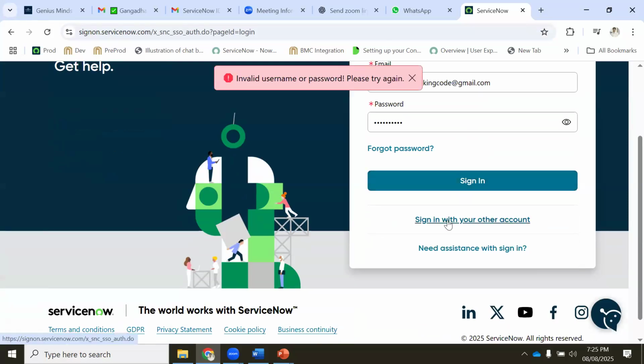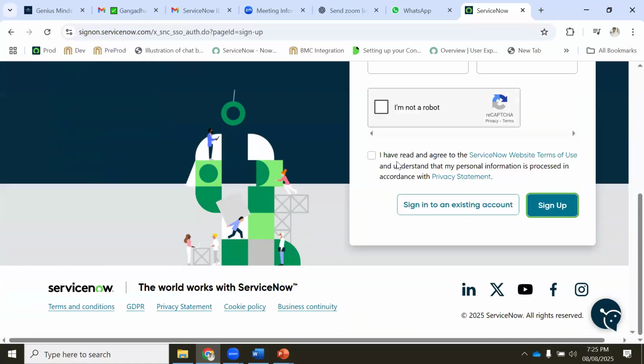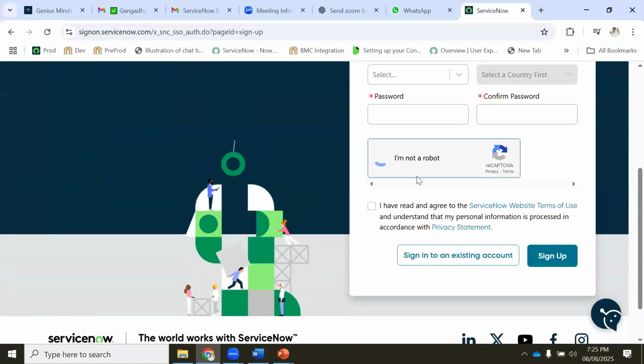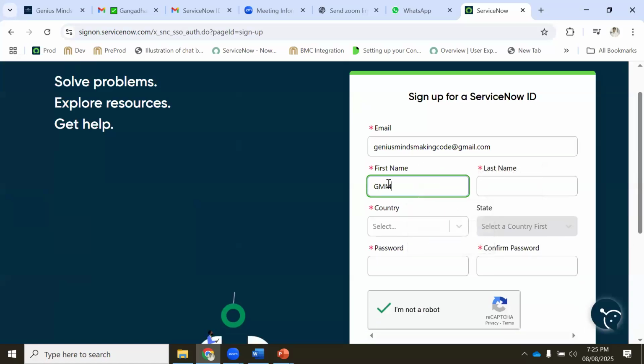Sign out, sign in, forgot, new, need assistance, new ID. I will configure my email IDs here. LTD correct.